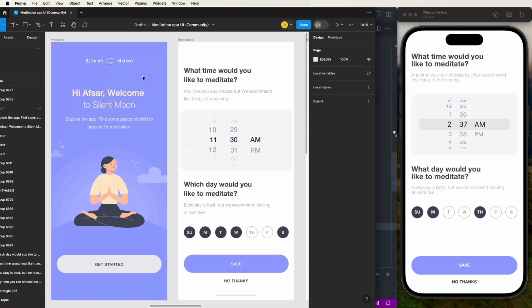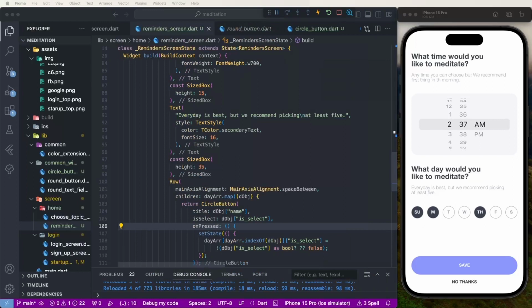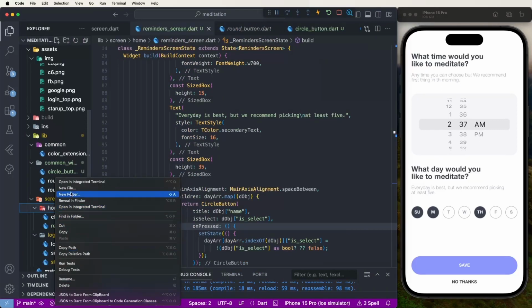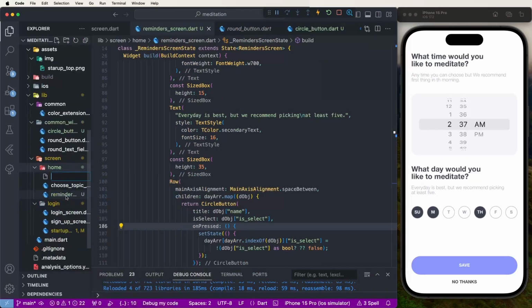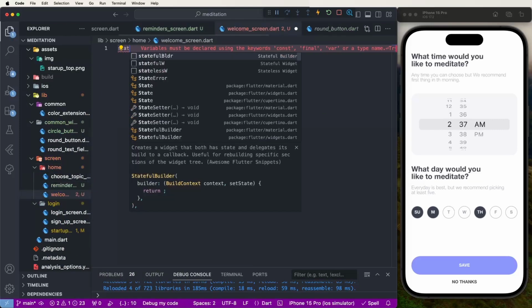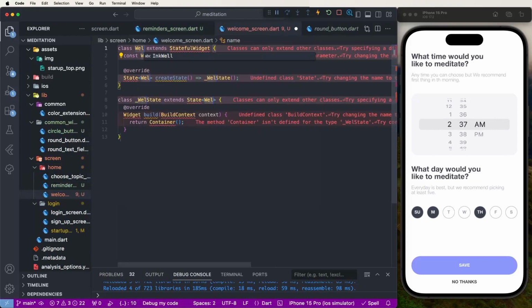Now we need to create the welcome screen to develop. First of all, create a new file inside the home, create new file, and give it the name welcome screen dot dart like this. Now we need to create the stateful widget, welcome screen,